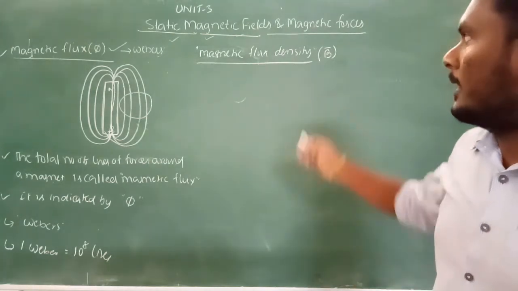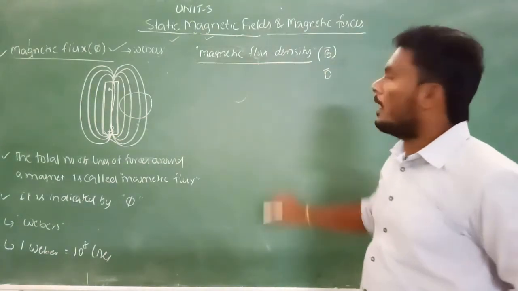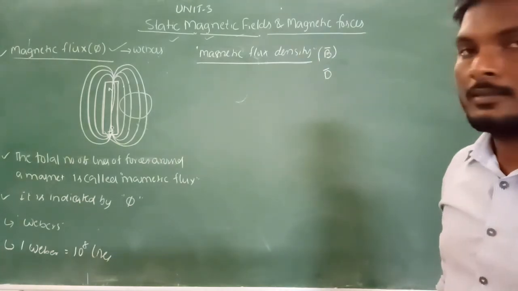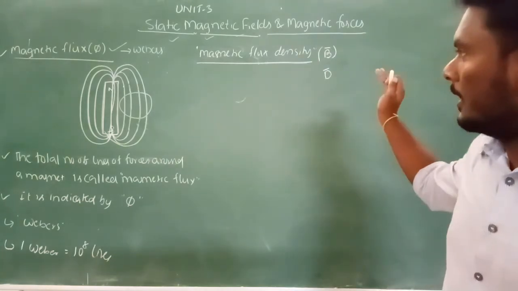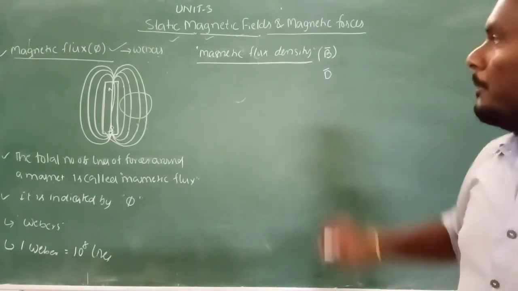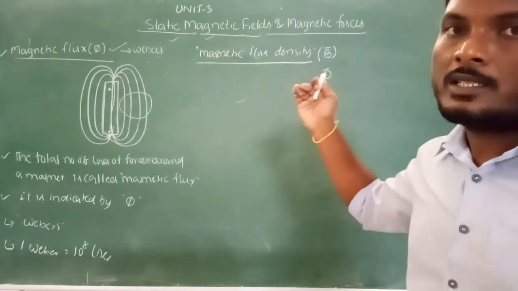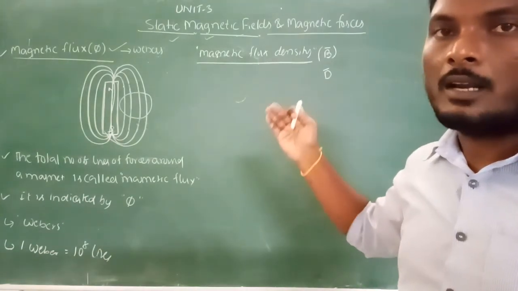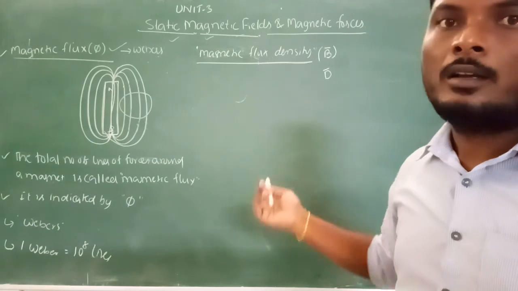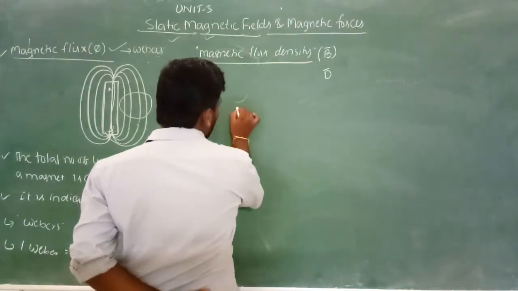It is analogous to electric flux density, D bar, in electrostatics. So how can you define electric flux density in electrostatics? It is the electric flux passing through unit surface area when the surface is held normal to the electric flux. Similarly, here also take a